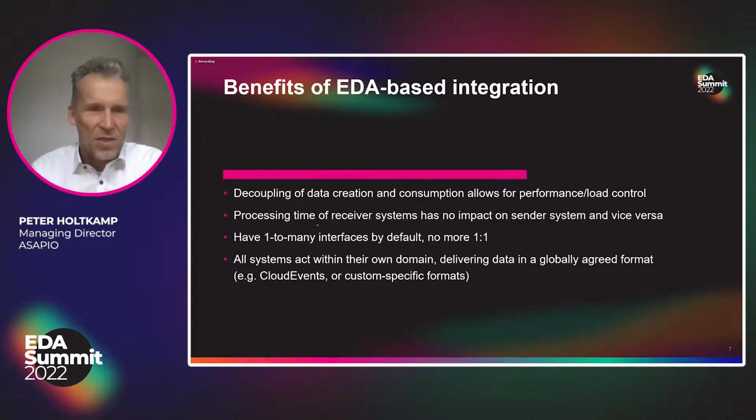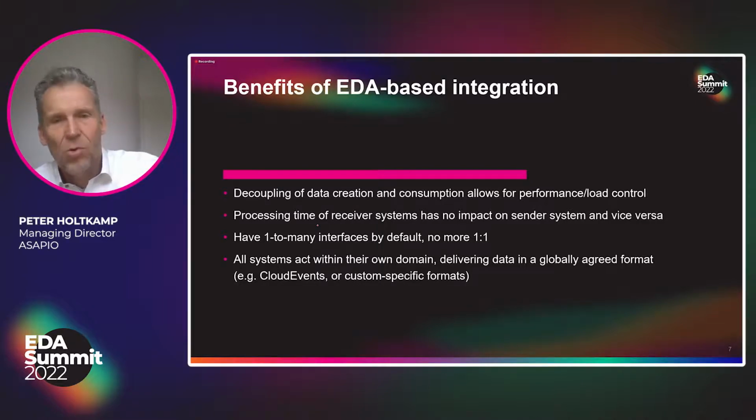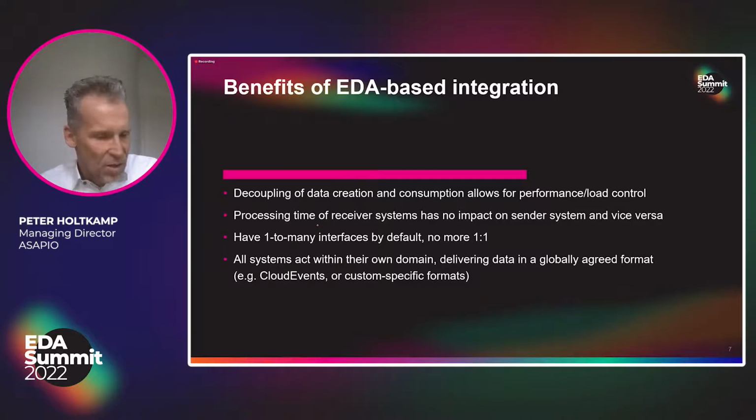So what are the benefits? First of all, we decouple the creation of the data, the event and the payload, from the consumption. We just put it to the broker, and the whole consumption logic is separate. If one of the 15 receivers is not ready to consume, or you have a connection breakdown, it's none of the SAP system's problem anymore. You've exposed it, you've got the 200 return code, and you're done.